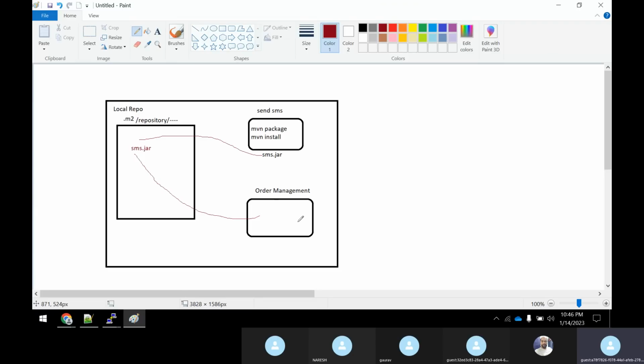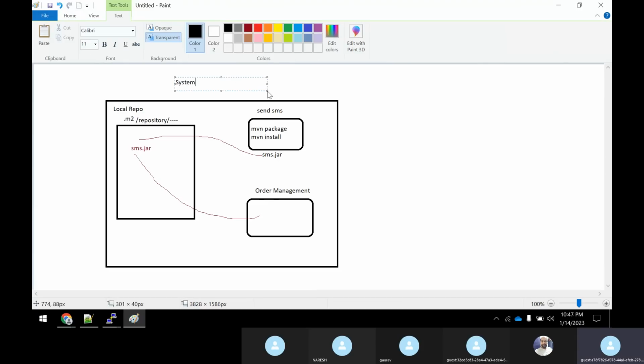So in that case also, there will be multiple projects. We are having only 2 projects, but there will be multiple projects. Each and every project will depend upon one or more other projects, so it requires another jar file. So how can every project work together? They can push that jar file to the local repo, and the other project can make use of the jar file from the local repo. Is it clear, guys? This is very important, right? This is what happens.